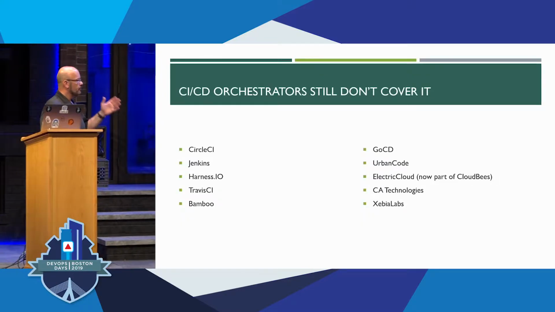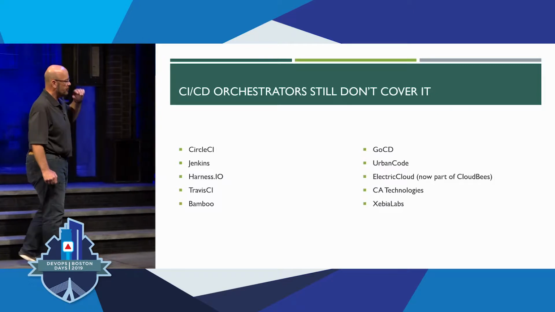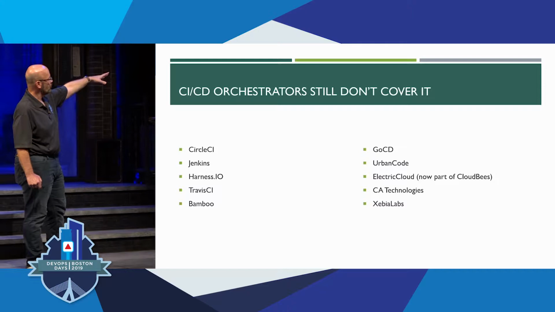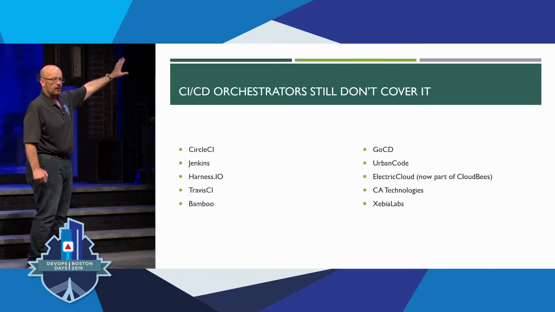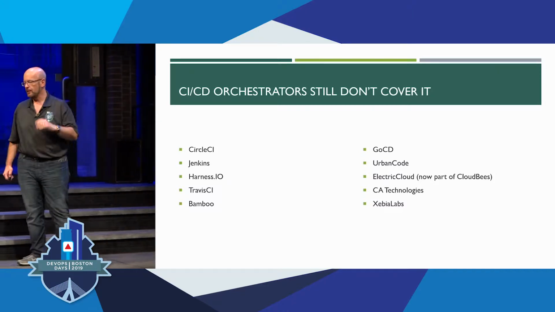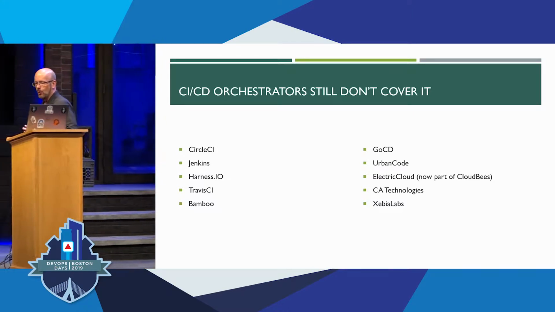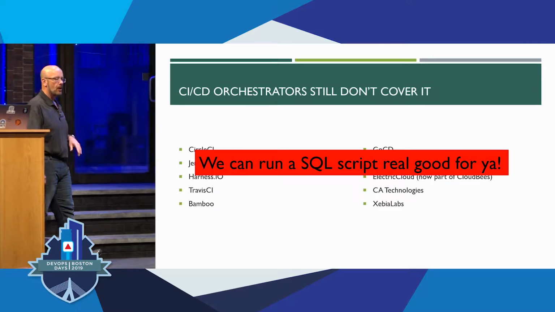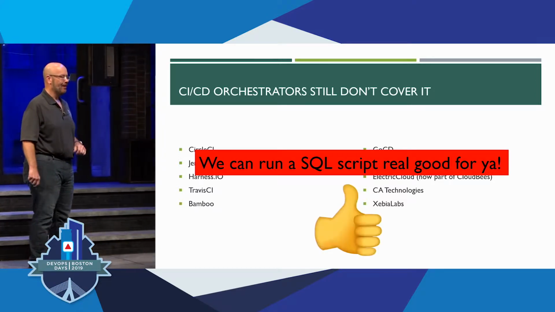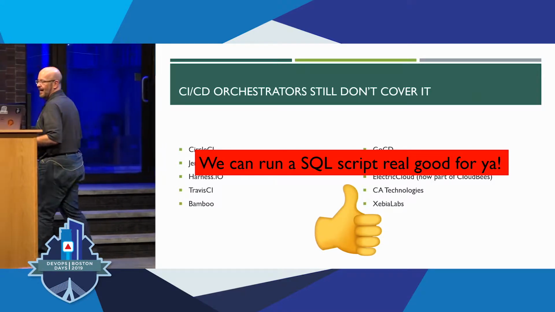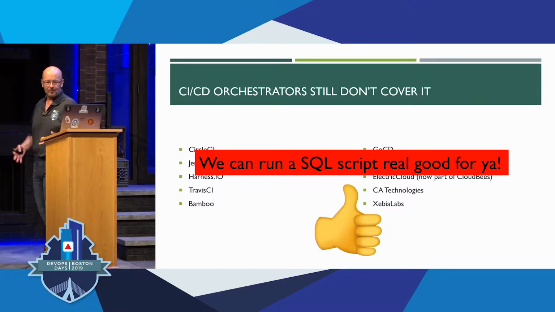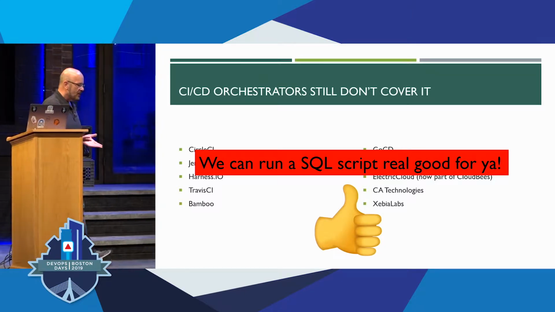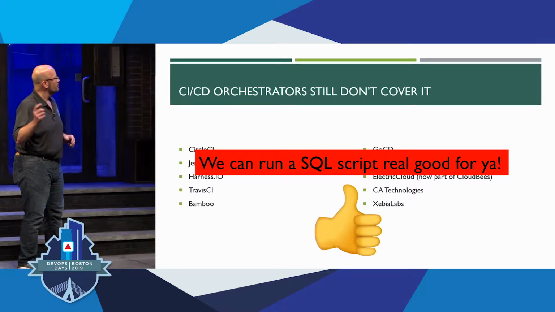Like the orchestration community, you look at the process orchestrators, the classic CD tools, new ones, old ones. I did a quick survey of a mix: new ones, old ones, classics, shinies, cloud native, whatever. And you look at their core functionality for solving this problem, and it boils down to, we run that SQL script real good for you. Woo! And we know that just sticking scripts into a little thing that runs them isn't quite the same as automation. So it's kind of a weird thing.